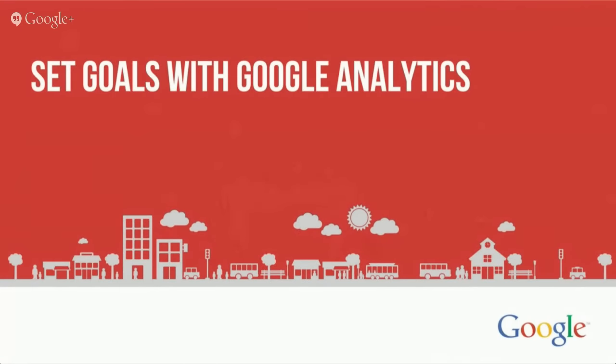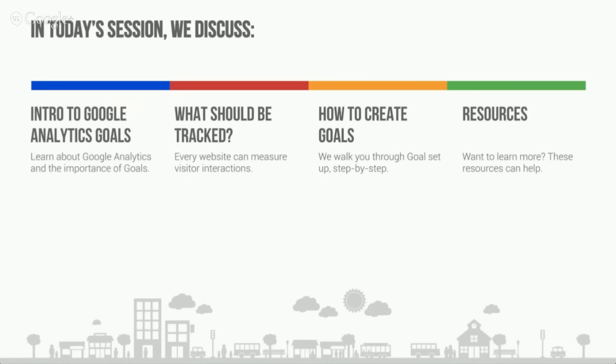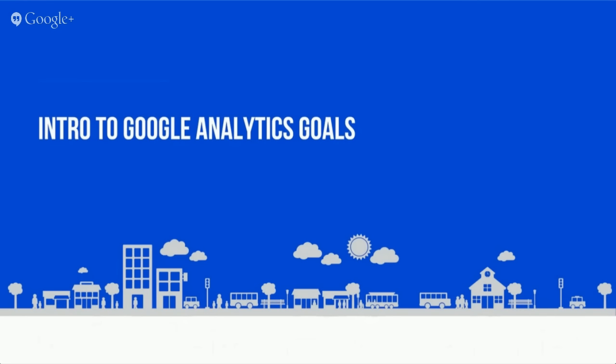So today we're going to talk about setting goals with Google Analytics. It's something simple you can do that can immediately have impact on you. There are really 4 pieces we're going to talk about in today's workshop. The first, we're going to introduce Google Analytics goals, how to do it, where they take place, and the impact they're going to have. Second, how should they be tracked? What is it you should be looking for? Third, how to create them by just going through the Google Analytics website and setting a new goal. And fourth, most importantly, resources that you can take back with you after this workshop is done, so you can continue to get information from us, from Google Analytics, and talk back to us so we can listen and get better as a product.